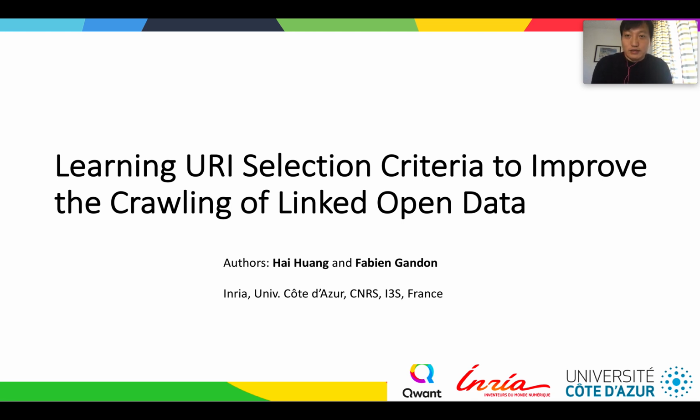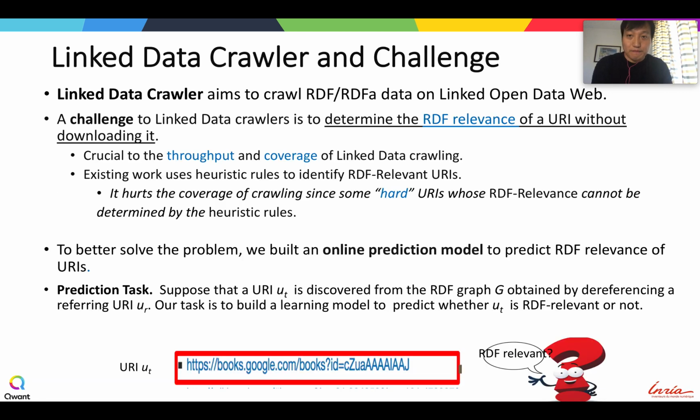This work is about learning URI selection criteria to improve the crawling of linked open data. The web of linked data is growing fast. There are now billions of RDF triples available on the linked data web, covering many domains such as health, agriculture, music, and so on. The design objective of a linked data crawler is to fetch linked RDF data as much as possible while minimizing the download of irrelevant URIs,